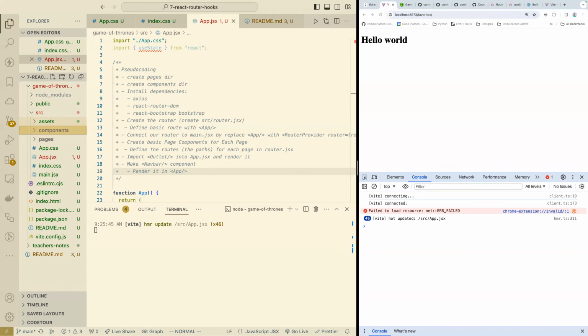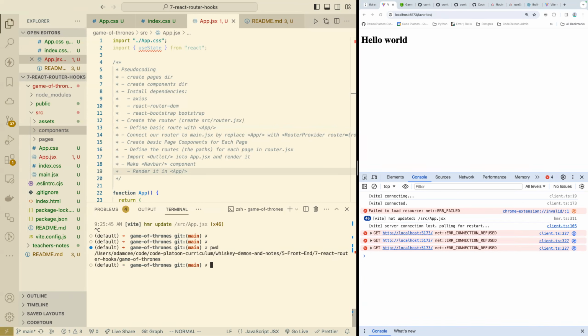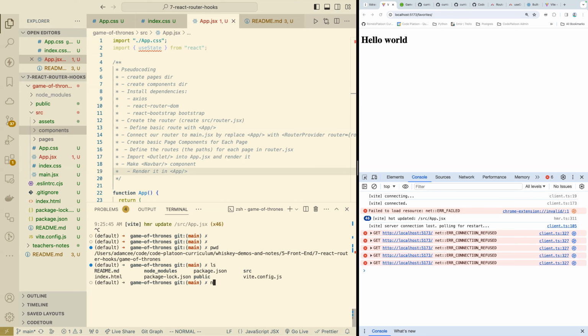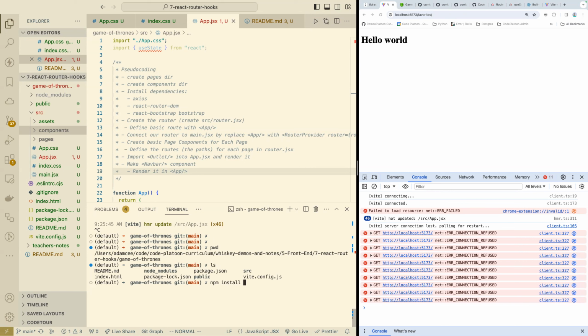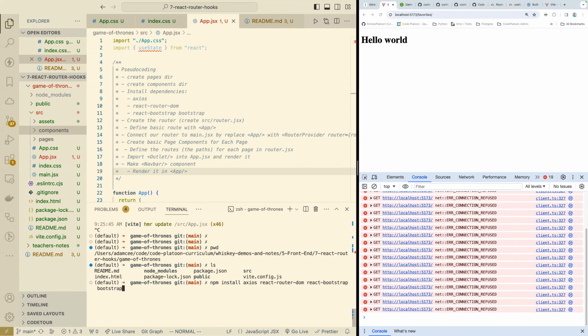I need a components directory, and we need to install dependencies. So let me make sure I'm in the right spot. npm install, and you can pass multiple npm packages on one line. So we're going to install Axios and React Router DOM and React Bootstrap and Bootstrap, which React Bootstrap needs for the